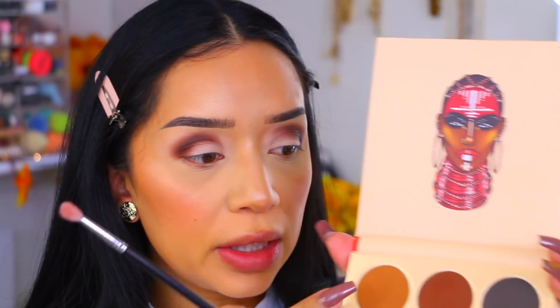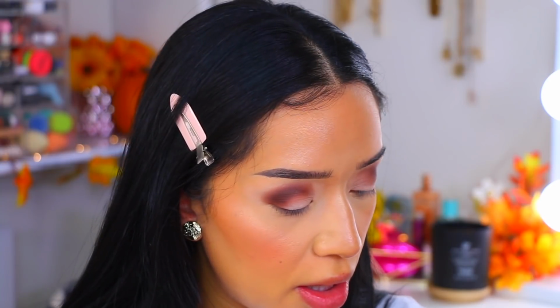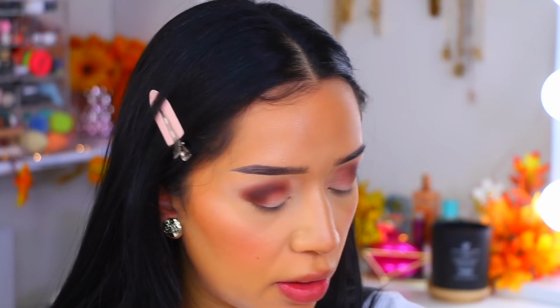That is diffused nicely and soft, and then you can always go back and reapply the brown, but I'm not going to worry about that right now. We're going to move on to our second shade. I'm going to go into Yodit, which is a beautiful caramel shade, and I'm going to take that on this